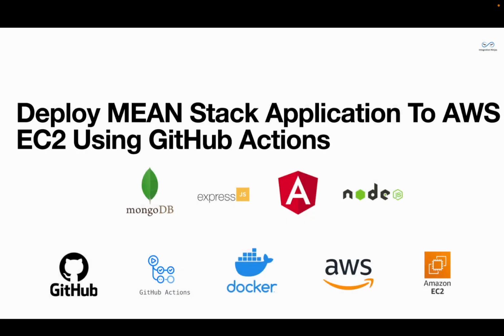In this tutorial, we will see how you can deploy a MEAN stack application to an AWS EC2 instance using Docker and GitHub Actions. We will walk you through the process of deploying a full stack application built with Angular for the front end, Node.js for the back end, and MongoDB Atlas for the database. We'll leverage the power of Docker containers for easy deployment and scalability, and GitHub Actions for automated continuous integration and